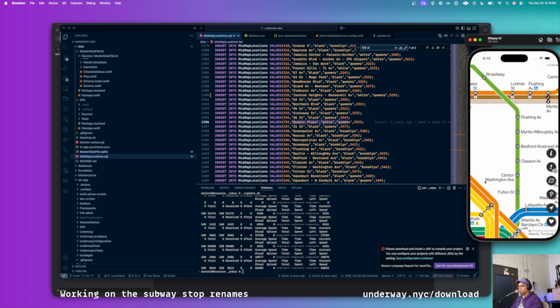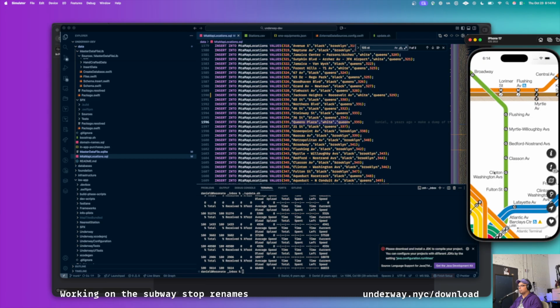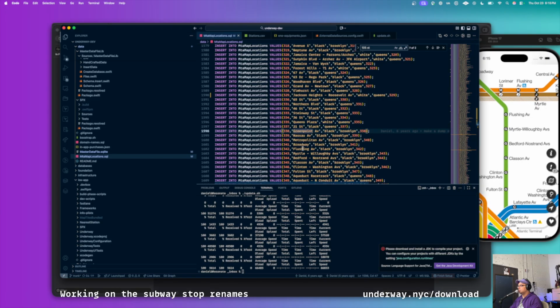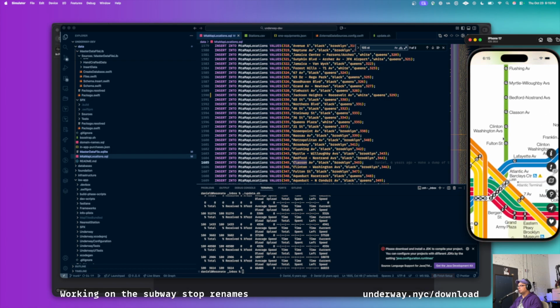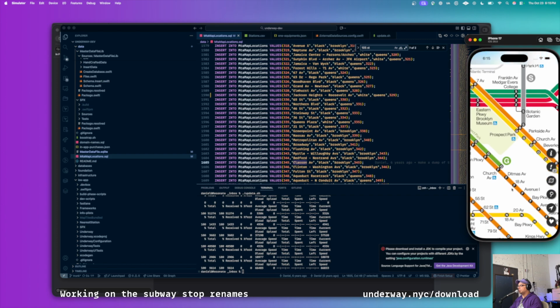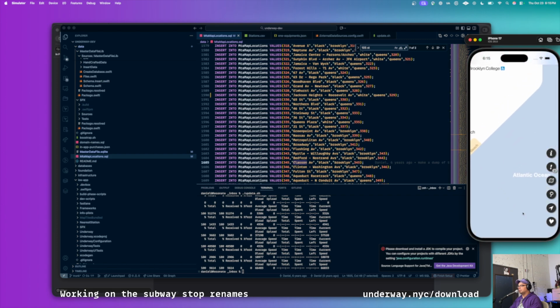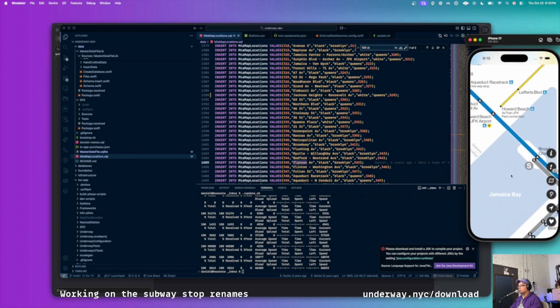Again, I'm assuming that the dash is implied there. Classon, Fulton Street. Okay, then we are jumping all the way down to the water for